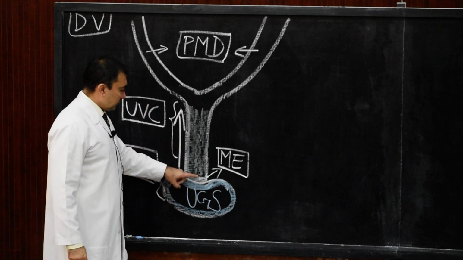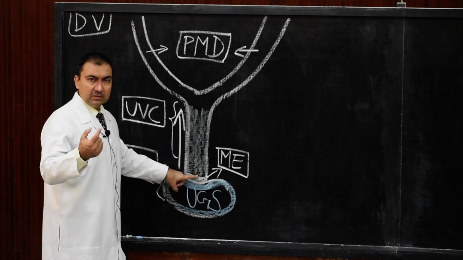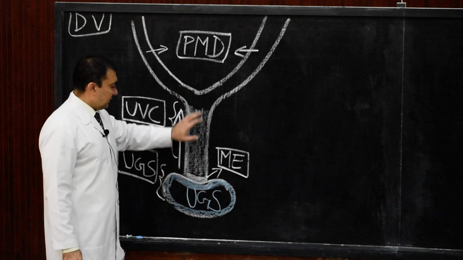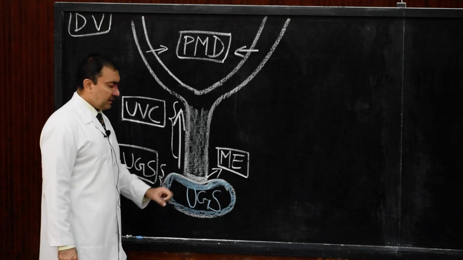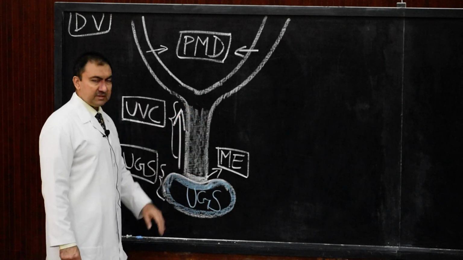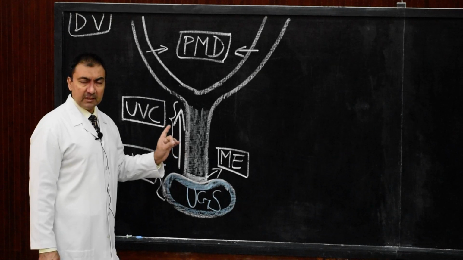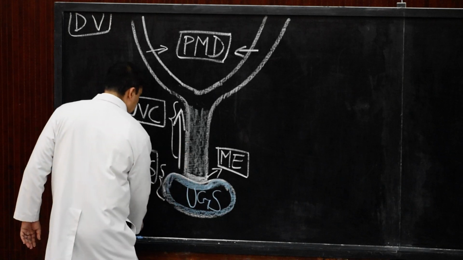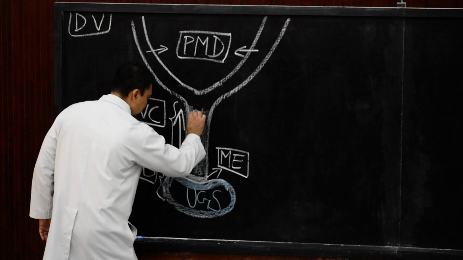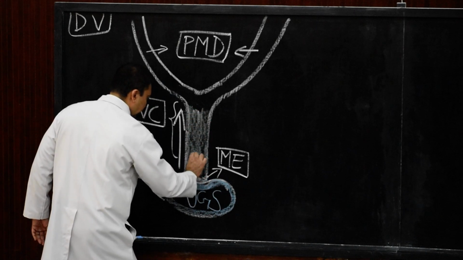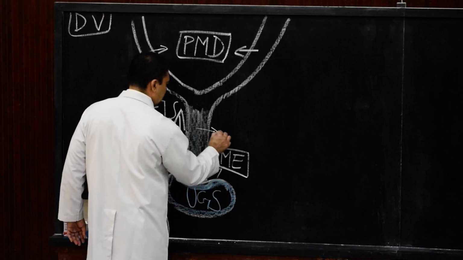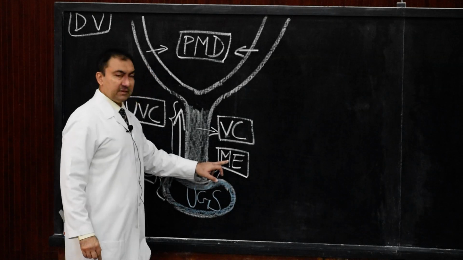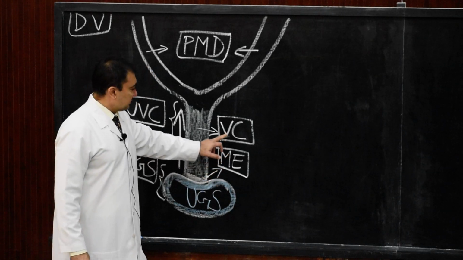So the mesodermal cells from Mullerian eminence, and what is Mullerian eminence? The caudalmost tip of uterovaginal canal. The mesodermal cells will proliferate in caudocranial direction, towards the upper half of uterovaginal canal, and these mesodermal cells will be known as the vaginal cord. So here, the green color which I have drawn are the cells of mesoderm, and they are known as vaginal cord. This is the second keyword. Please mark it. The first keyword is Mullerian eminence. Second keyword is vaginal cord.